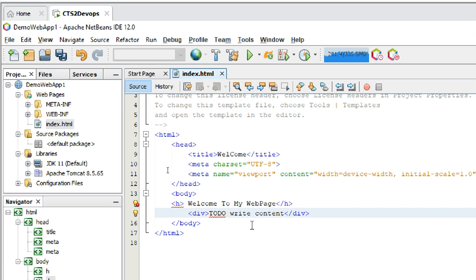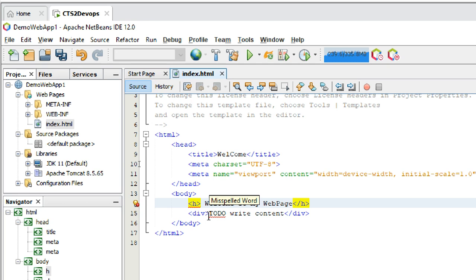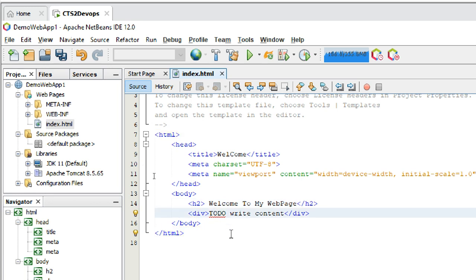Something I put in. Here it is showing like this, maybe because of space. So I changed this one to Welcome, and as the title only one heading I'm using. It is H1 or H2 I have to use. I use H2. Okay, like this. Now I have to save it.